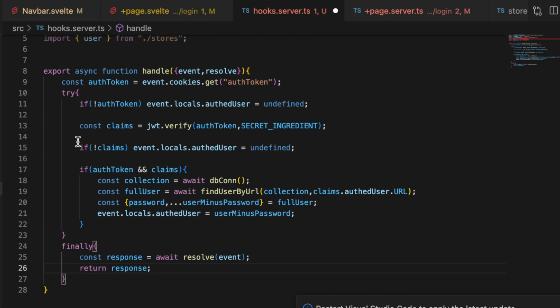All this is going to do is check to see if there is an authentication token. If there is, it's going to check to see if it's still good and verify it. And if it is still good, then we're going to go ahead and grab that user, strip out the password, and return it. And a couple of things I want to point out here is you'll notice that the IntelliSense